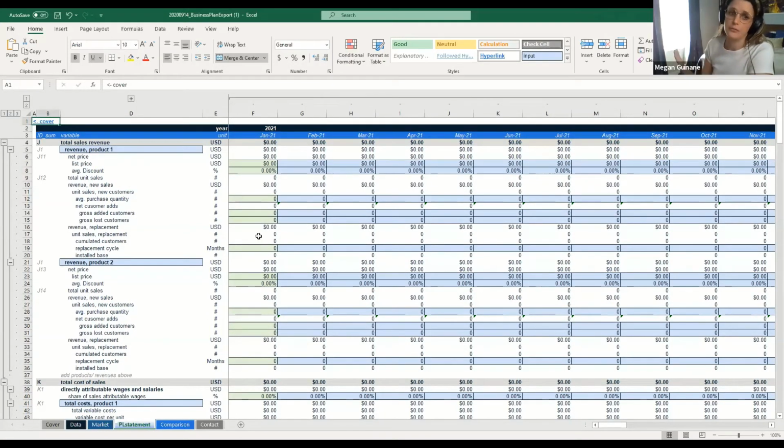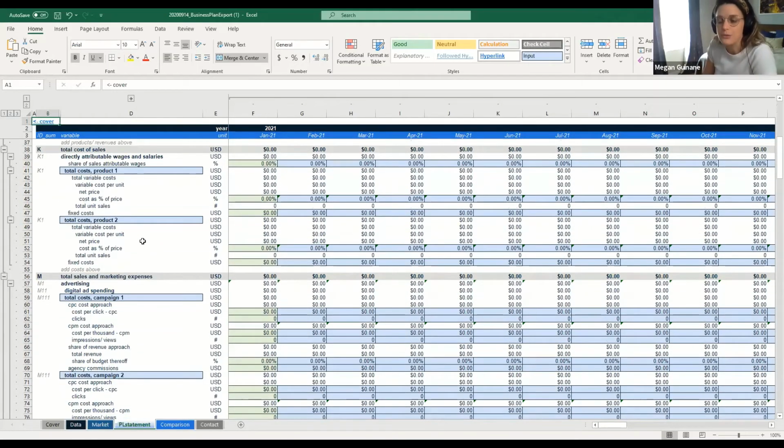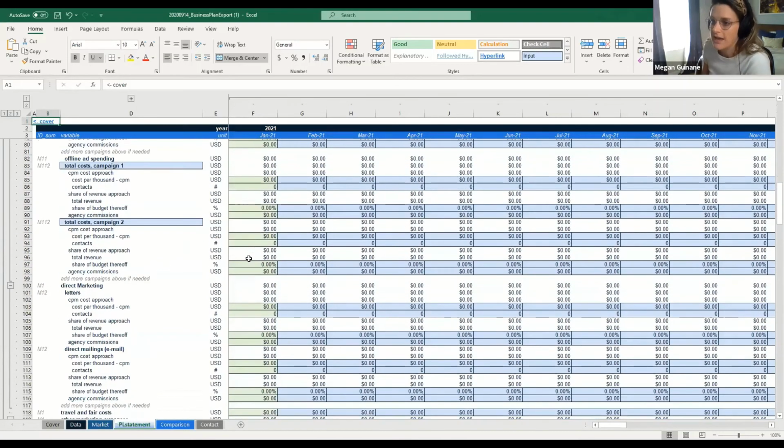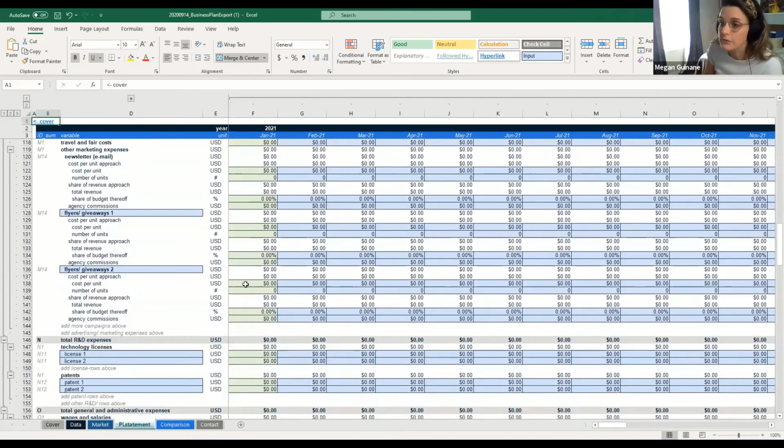So this is the level 3 view, and this has all the categories and subcategories listed, like the total sales revenue, net price, average discount, added customers, lost customers. And as you scroll down, how much does it cost to create this product? And then marketing expenses, cost per click. You'd want to input those numbers in there as well. And then as you scroll down, we have other suggestions like flyers and giveaways,